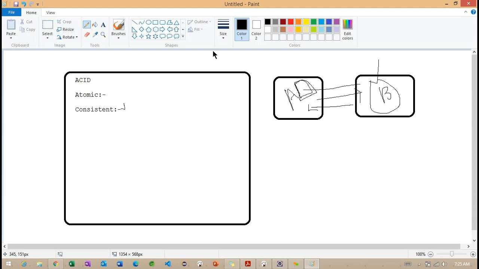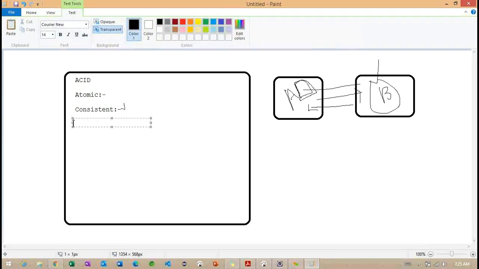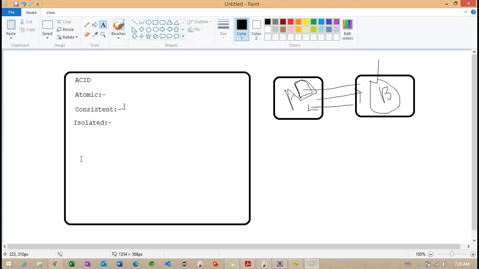Now we need to work with another component, called isolation. This is also one more important component. What exactly is isolation going to perform?